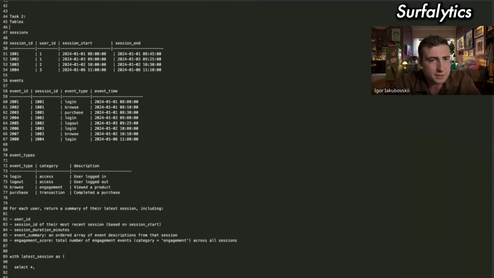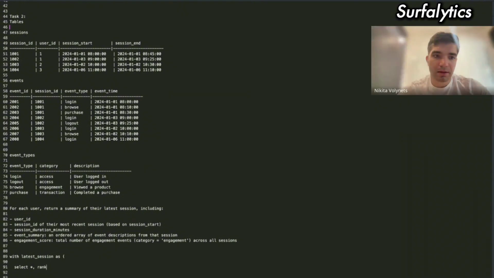Every session has a unique event time? Yes, the same as in the previous task, in each table there are unique sessions. Session ID is a unique field, event ID is a unique field in events, event type is a unique field.